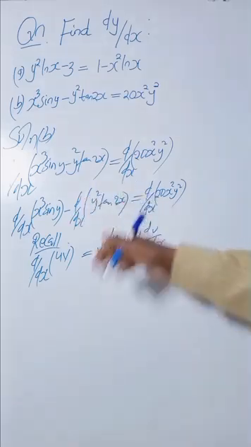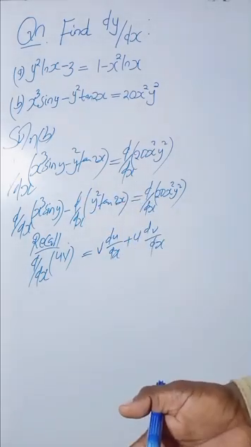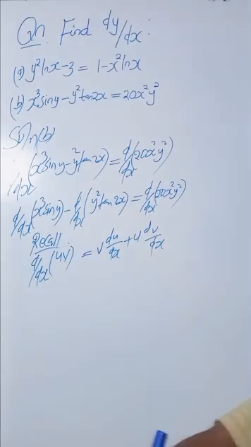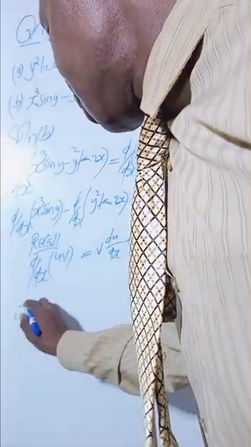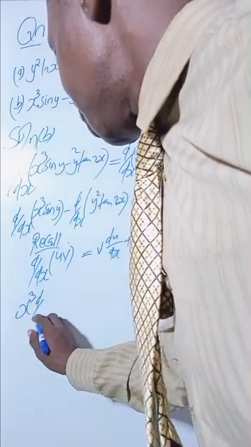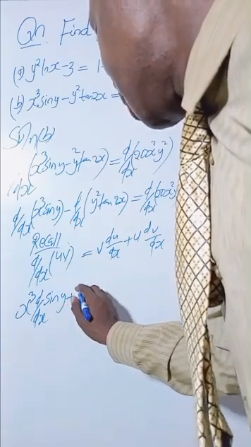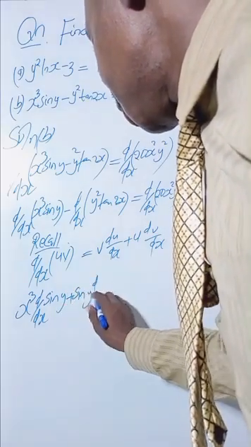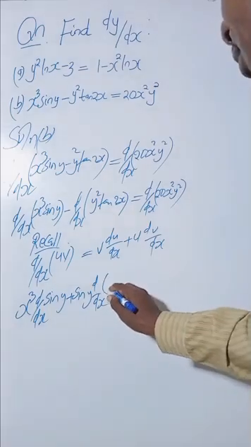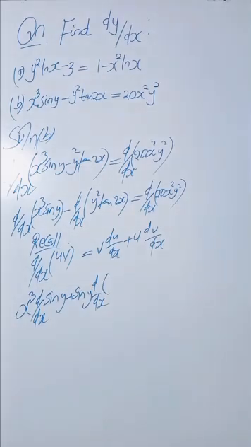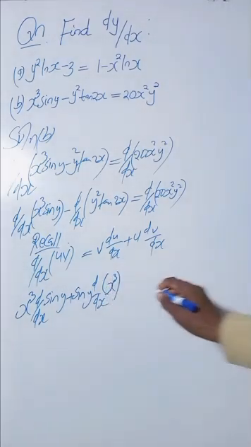So for each of these terms, I will take the first function for u and the second function for v. For this particular case, I will write x cubed, then differentiate with respect to x sine y, then I will add to it sine y, and differentiate with respect to x x cubed, then minus,